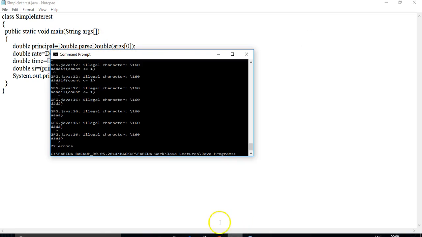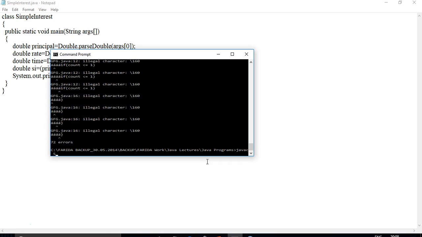And we now go to command prompt. javac SimpleInterest.java,